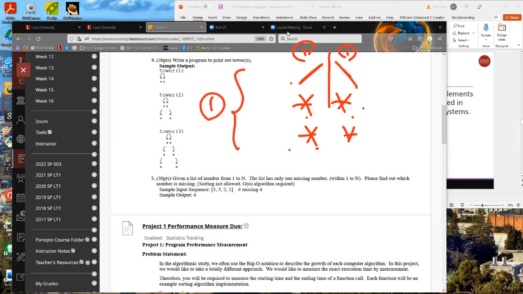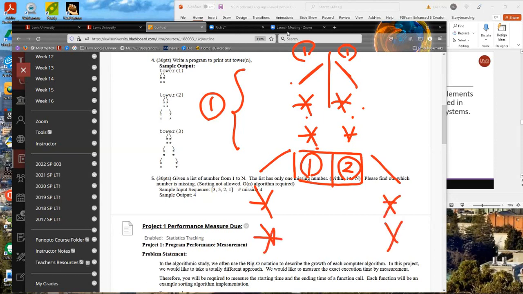Second iteration here, you have 2 spaces, suppose left 1 space, here 2 spaces. You still print this and you put this here. But if you are tower 1, you don't have space. But tower 2 here, you have 1 space.